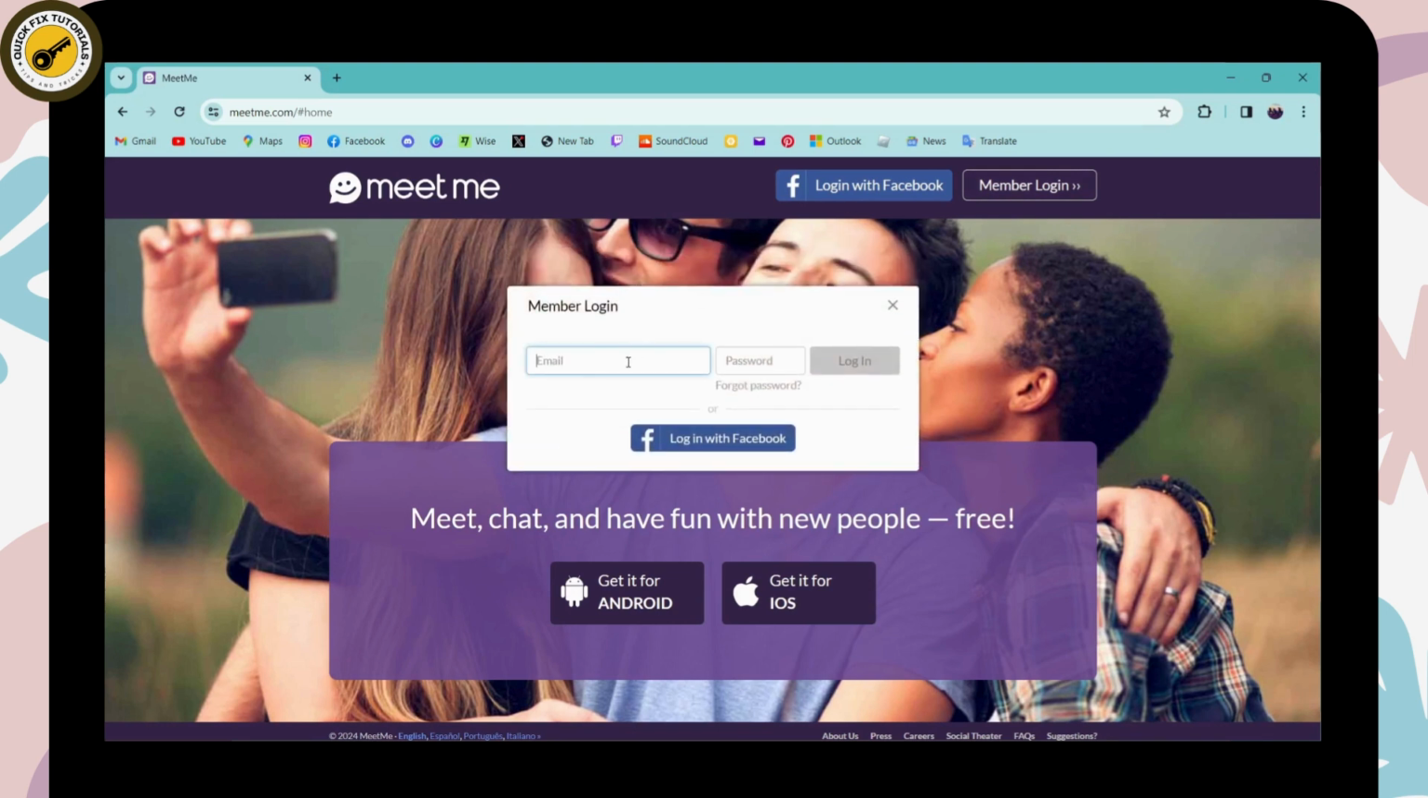And here to log into your MeetMe, first you need to enter your email address. Simply enter your email address, and once you've entered the email, here you need to enter your password. But if you forgot your password, then you can click on forgot password. So here you don't remember your password, right? And now if you want to recover your password, then you can simply click on forgot password, which is here